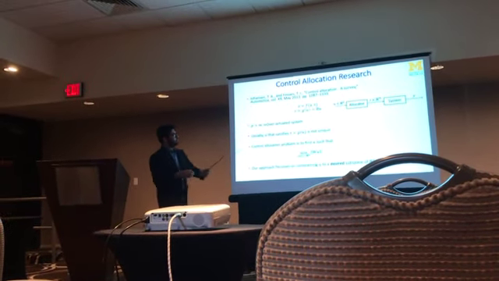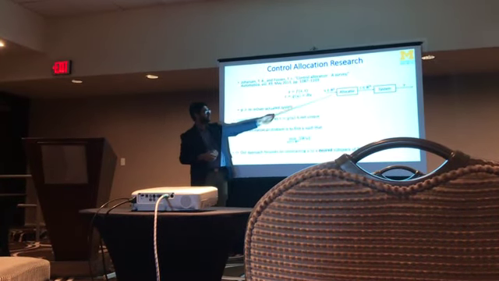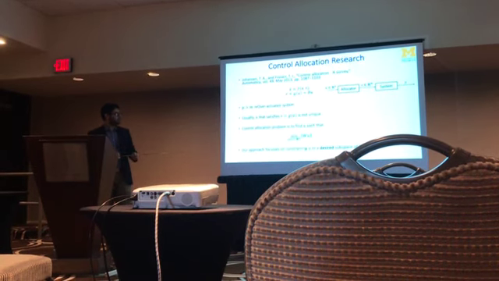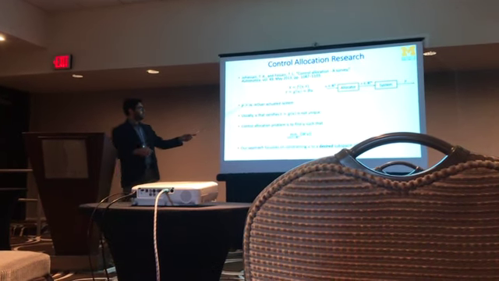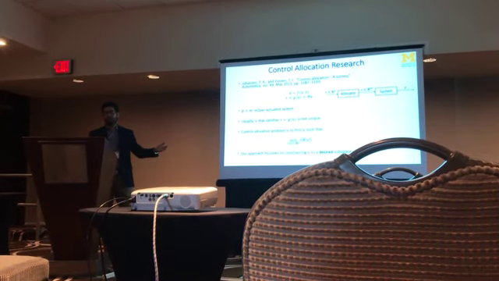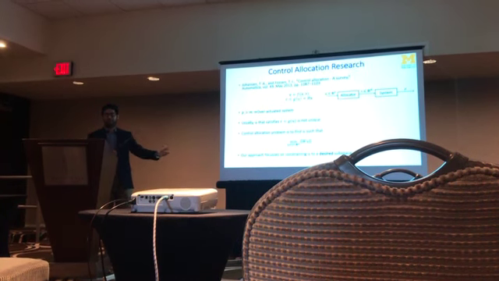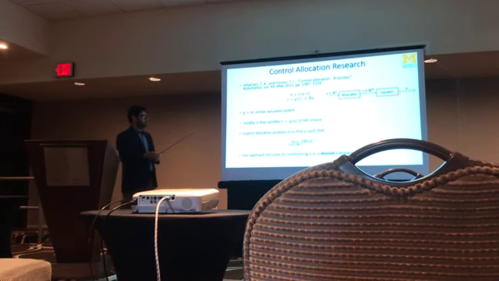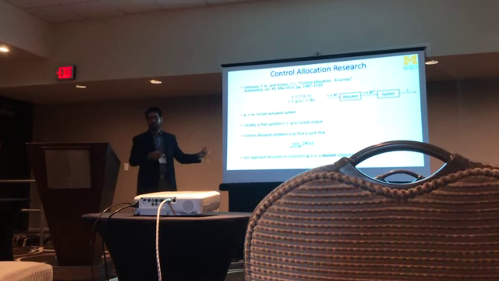Now, u is p-dimensional and tau is n-dimensional. So if you have more u's than tau, that is p is greater than n, in that case we just call the system over-actuated. And usually in over-actuated systems, the u that satisfies this condition is not unique. So you have a lot of options of how to allocate these u's. And the problem is to allocate the u's in an efficient way. So the control allocation problem is usually concerned with minimizing some sort of cost function, some combination of some norm of these